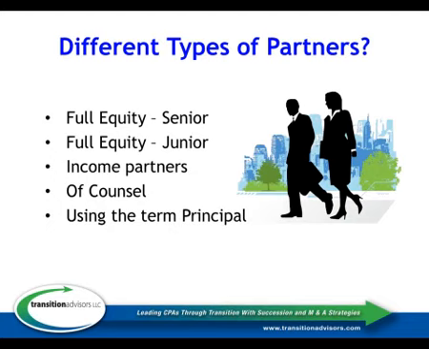Usually it's only the very largest firms that have what are called senior partners and junior partners. The difference is normally identified for purposes of identifying differences in compensation and in how much capital might be contributed by a particular partner or maintained by a partner in the firm, so that the senior partners are required to contribute more capital and are going to make more money than your junior partners. But normally there's not going to be a difference between those two in the kind of buyout or retirement plans that they're going to be eligible for.